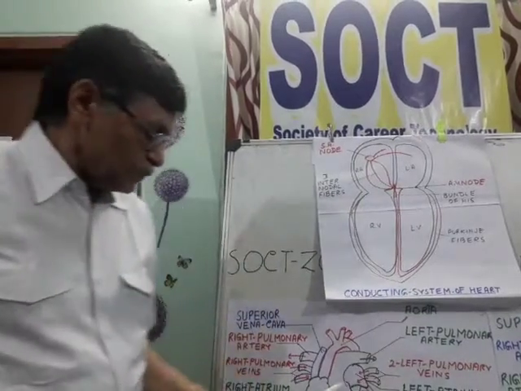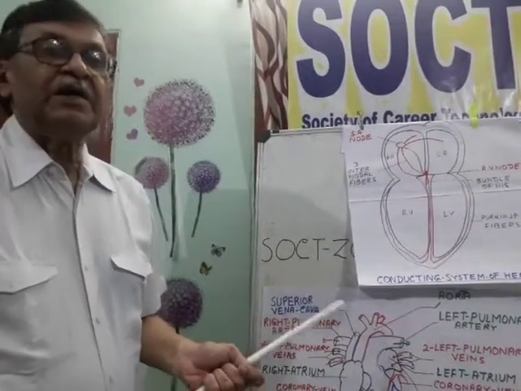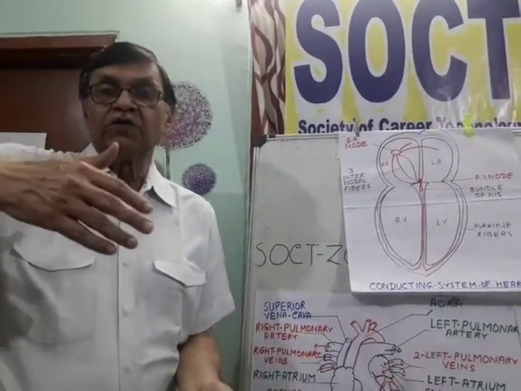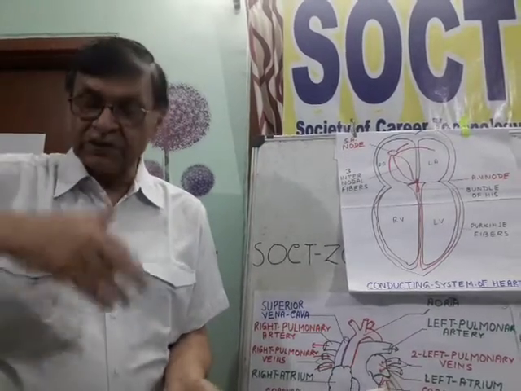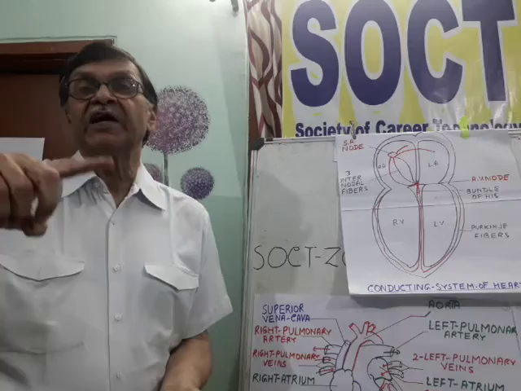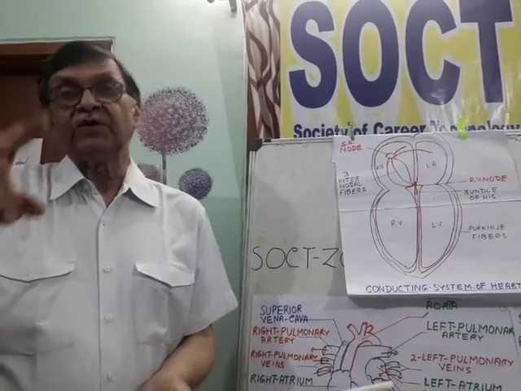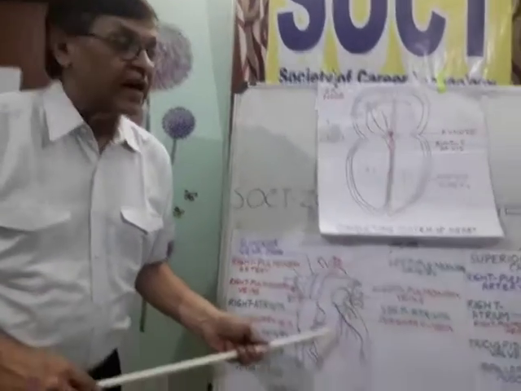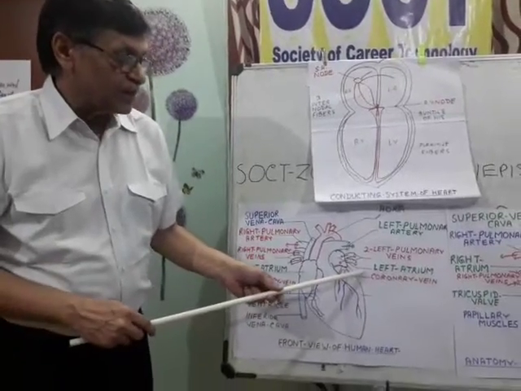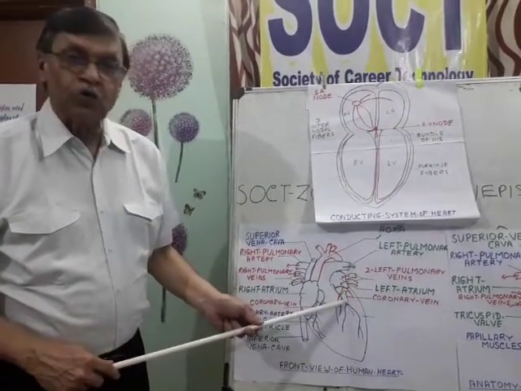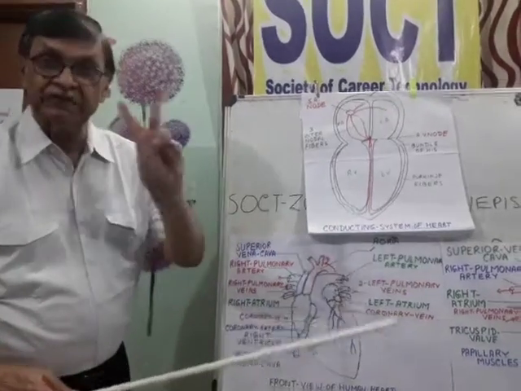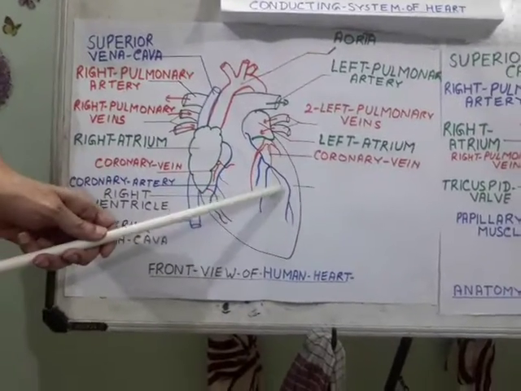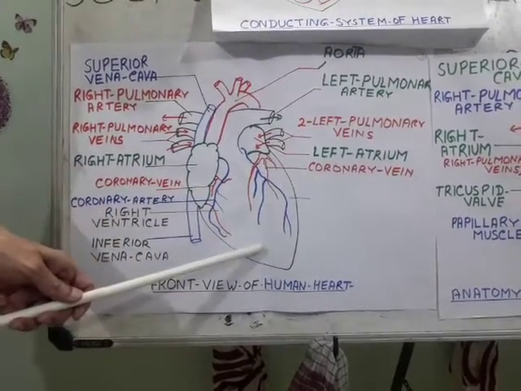And one more thing. Along with the blood supply collecting blood from organs and lungs to the heart, and the blood supply which carries blood to the lungs and different body parts, we have another supply of blood vessels to the heart wall itself, which is called coronary. There are two coronary arteries and two coronary veins, and they have many branches. These branches supply blood to all muscles of the heart,